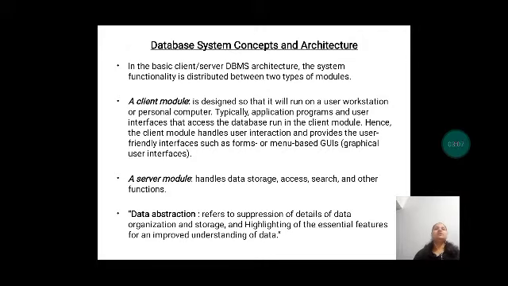The client module usually runs on the client system, that is, the client may have a workstation or a personal computer or mobile phone, right? So this client module runs on the client system, and it has the application programs and the interfaces, using which the user can interact with the database, where the database is stored in the server module.